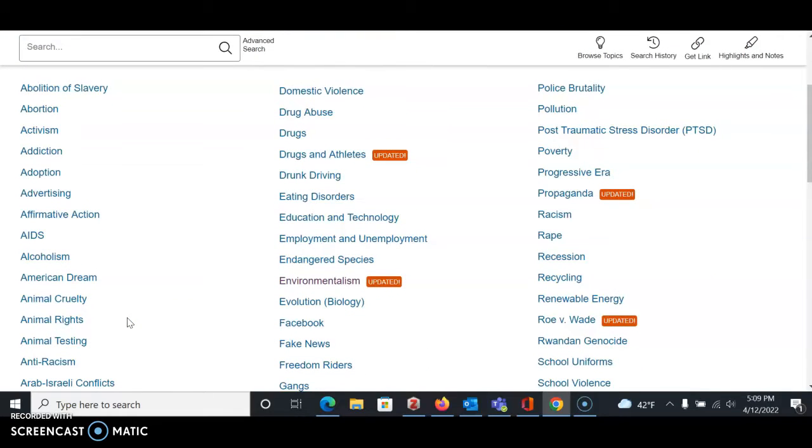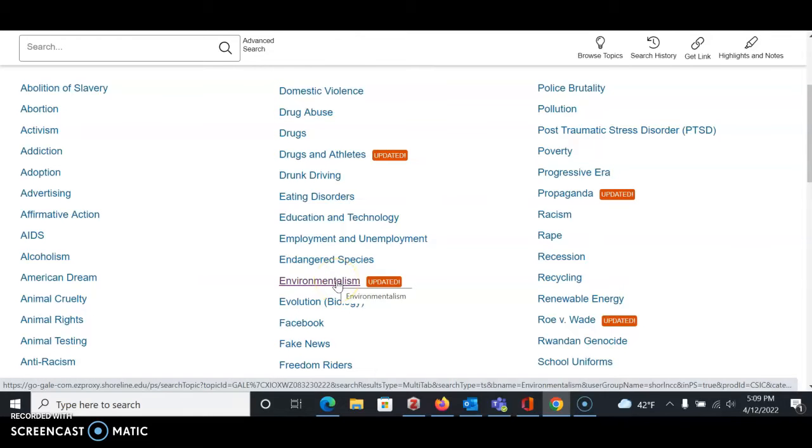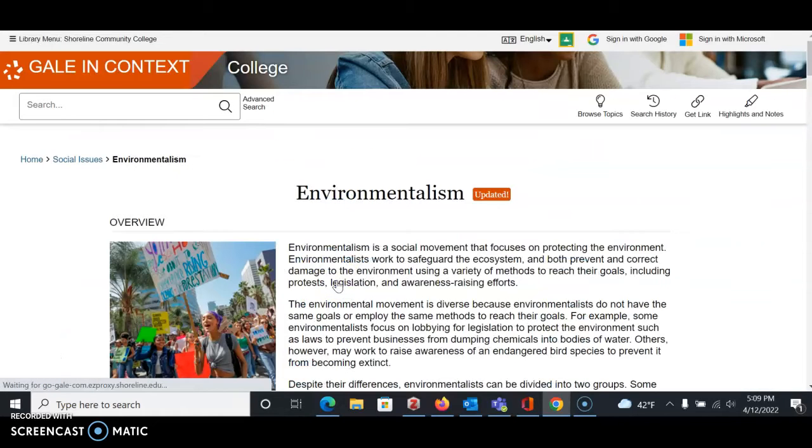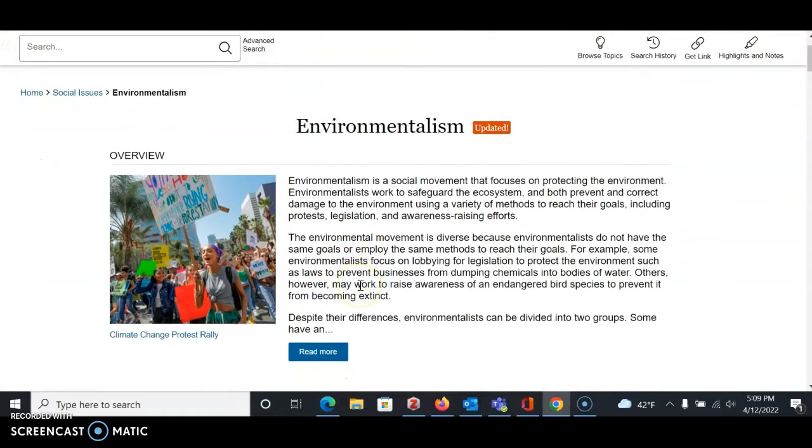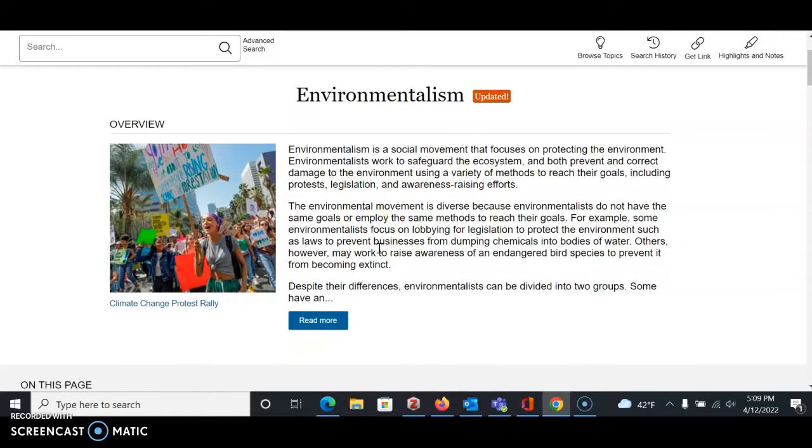Under social issues, they have different topics that could be interesting. Just as an example, I'm going to select the topic environmentalism. When I get to the environmentalism article, it looks like it has an introduction. And when I click on Read More,